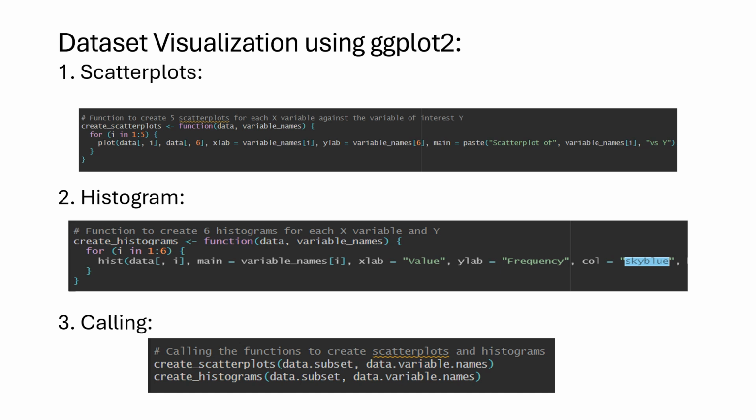For the data visualization, I used the ggplot tool, where we have the scatter plots, histogram, and also the skewness. Then for the codes, the various codes are all shown here, as we can see. These are the various codes used to produce the scatter plots, then that of the histogram as well, and that of skewness. Then on the next page,